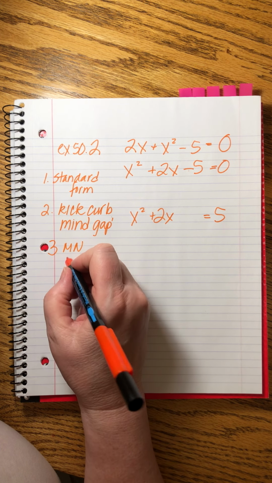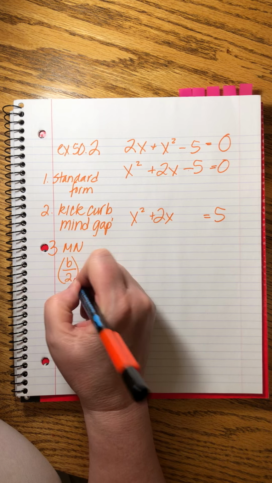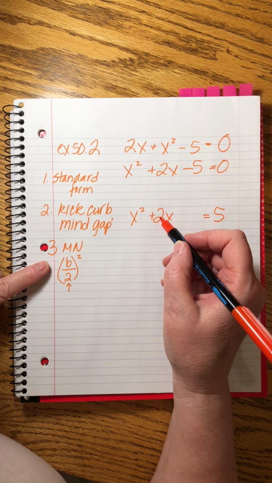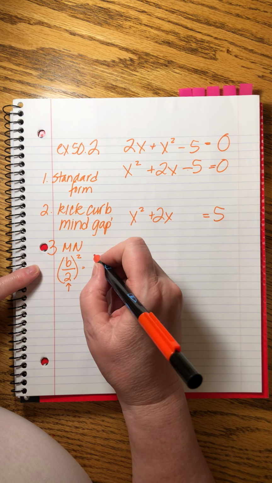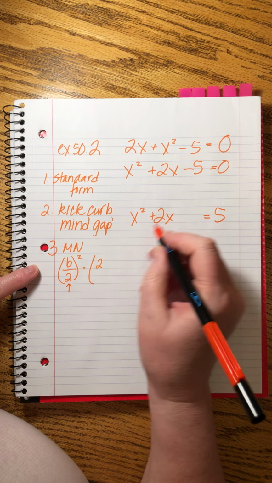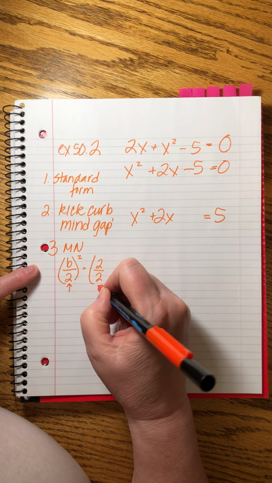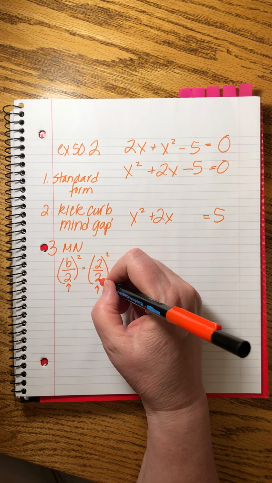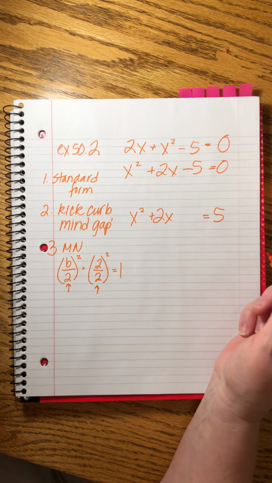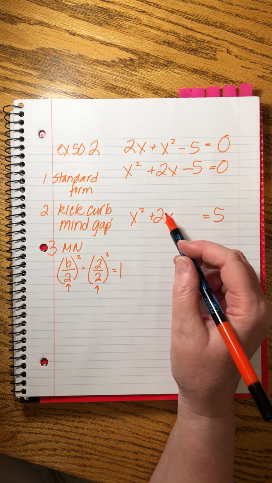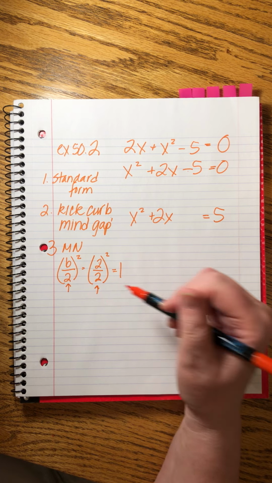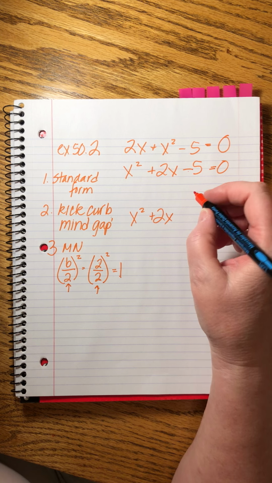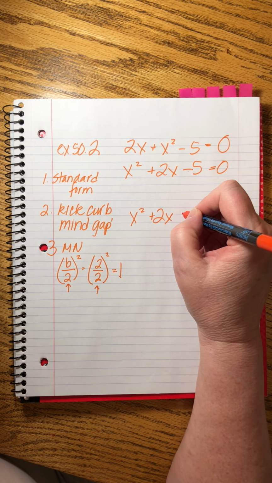Remember the formula is b divided by 2, quantity squared, draw an arrow at the b over 2. In this case, our b is 2. So it's 2, because that's b, over 2, draw the arrow, squared. 2 over 2 is 1. 1 squared is also 1. Okay? So no minus signs in here, because our b was a positive number. So we're still good on that. Okay, magic number, we add it to both sides to make a beautiful and stunning